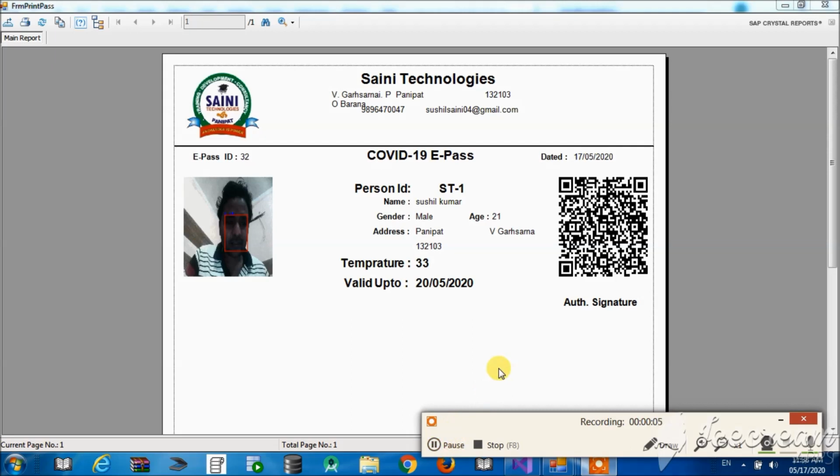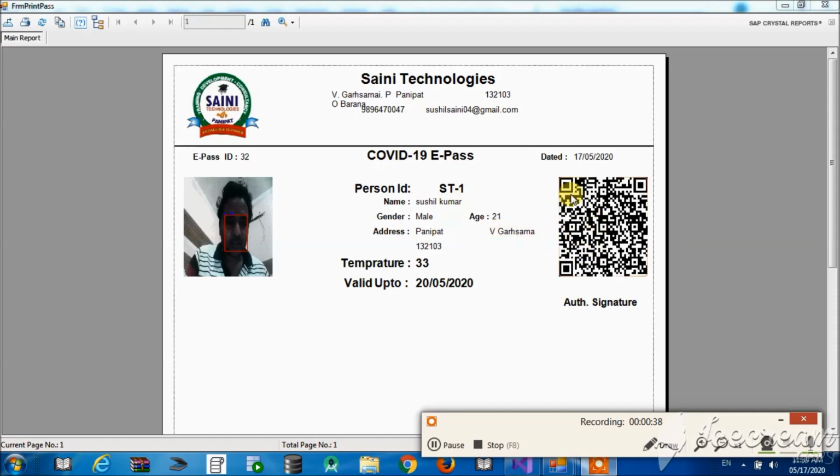So you can see here it creates my COVID-19 e-pass, in which you can see my current photograph, company logo, company name, address, the date on which it was created, and a barcode reader you can use to trace out.